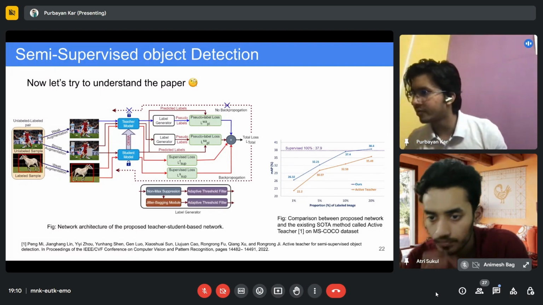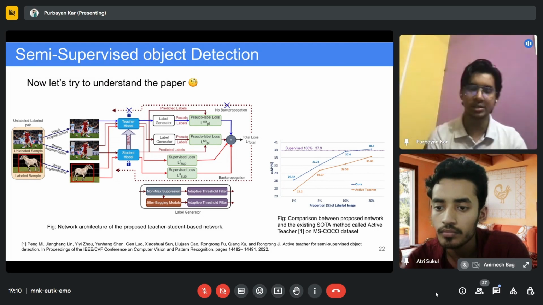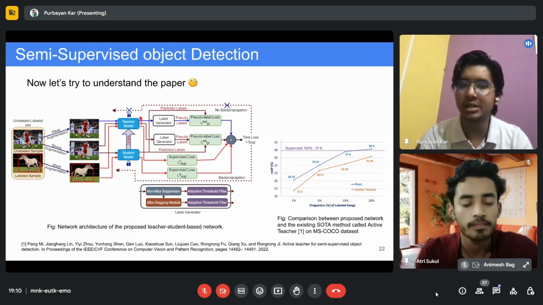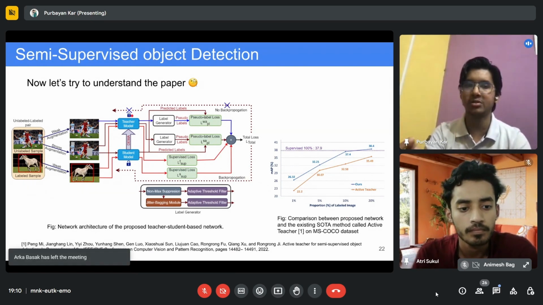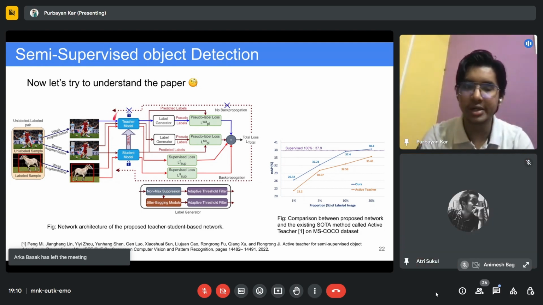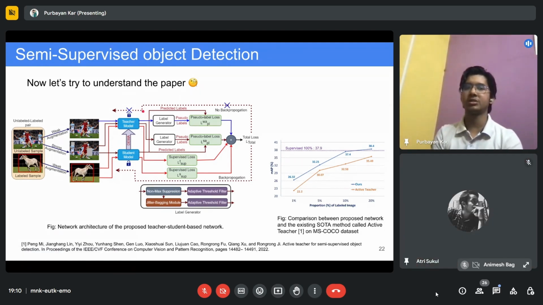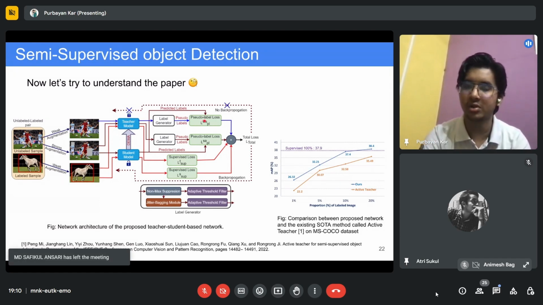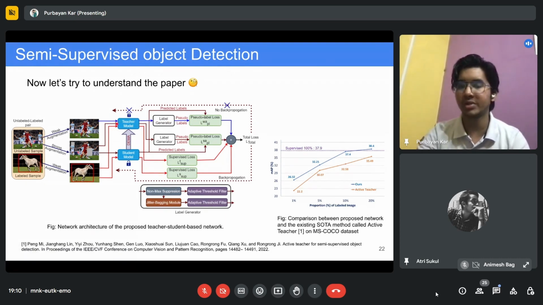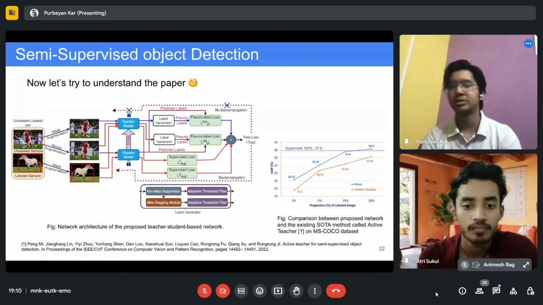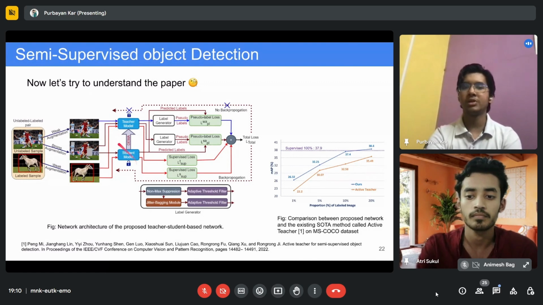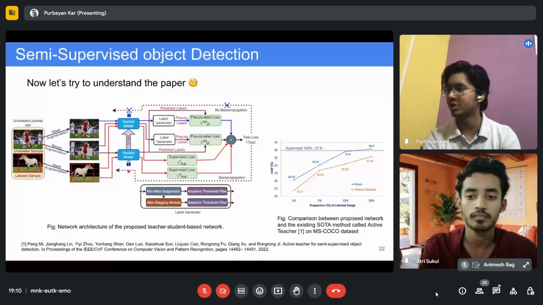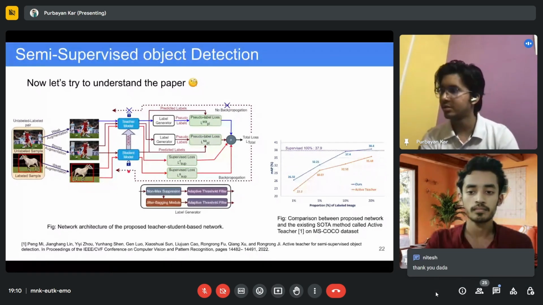Okay. So there is a question: why is there no backpropagation? Okay, very nice. There is no backpropagation in the teacher model because whenever we do backpropagation, we are tuning the weights and biases of that particular model. But as this model is already pre-trained, we don't want to play with its weights and biases, because it needs to predict accurate pseudo labels for these unlabeled images. If we do backpropagation, we will mess around with its weights and it will not be able to properly predict pseudo labels. So that's why there is no backpropagation in the teacher model, only in the student model. Because at the end, the inference will be done using the student model only. I hope this is clear.